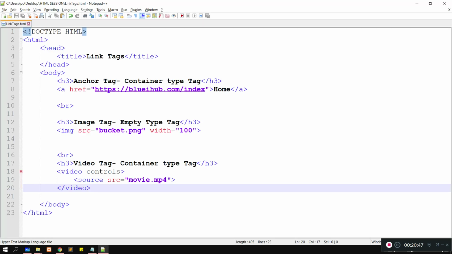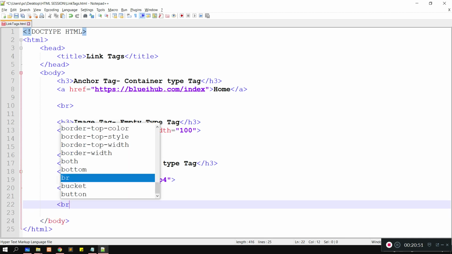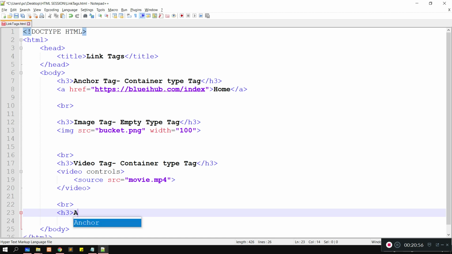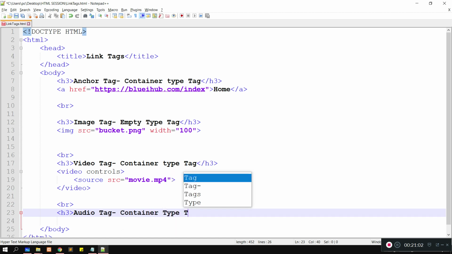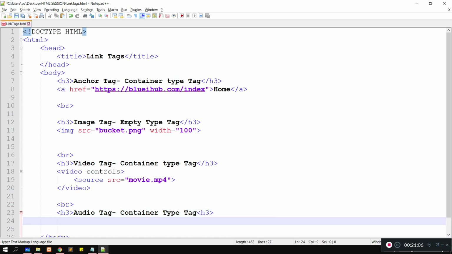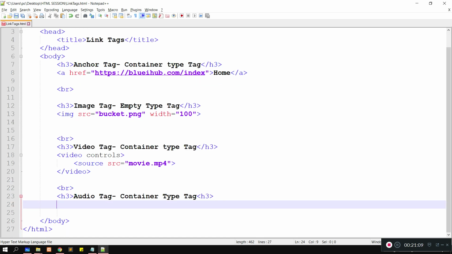Similarly, if you go for audio, open this audio tag. The audio tag is also a container type tag. The syntax of the audio tag is the same as the video tag.